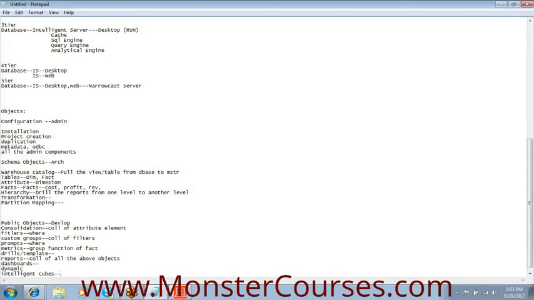I create an intelligent cube, I schedule it as per the data refresh. On top of the cube, I create reports and dashboards. What happens when I run a report? It will not hit the database, because this cube will capture data from the database and put it in a particular place in the server. You can call it a cache as well. Unless you refresh it, it will not go. You need to drop it if you don't want it. So you run the report, it hits this cube and pulls the data. It will show you throughout the month. With this, you can increase the performance. I'm sorry for that.